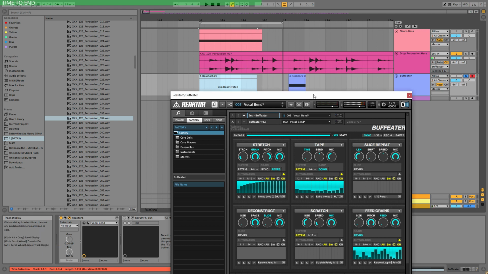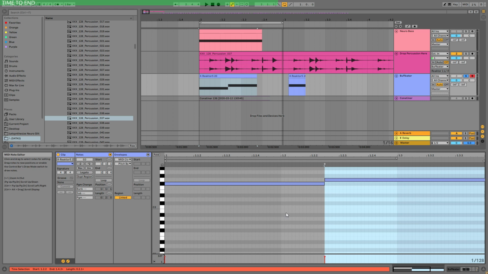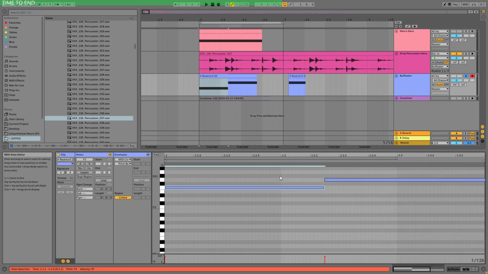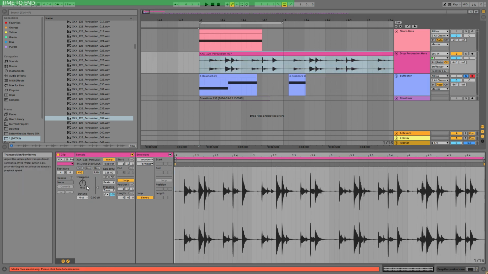So as you can hear, everything you use in BuffFilter creates a very nice glitchy sound to it. Now, I just used MIDI because it was a lot easier to go in and change the MIDI, changing the effect that BuffFilter does, and playing with the sound. For example, tweaking the transposition,